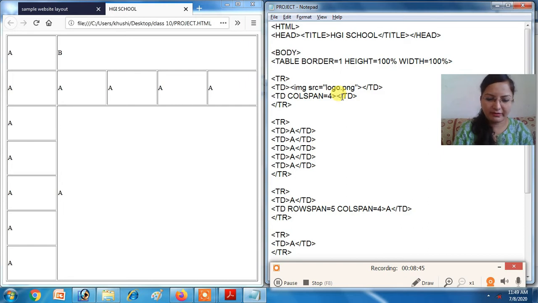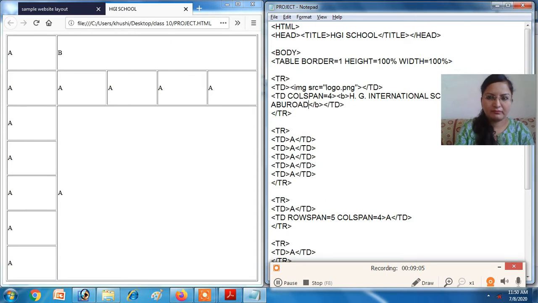In bold we will write bold, Edge International School Up Road.